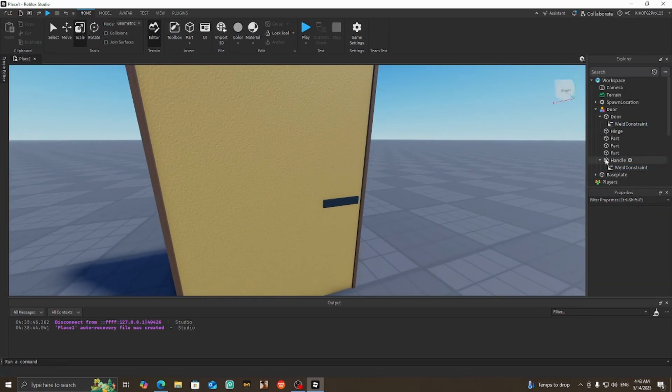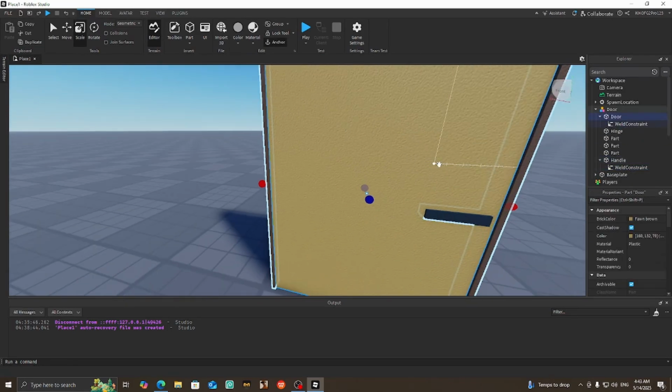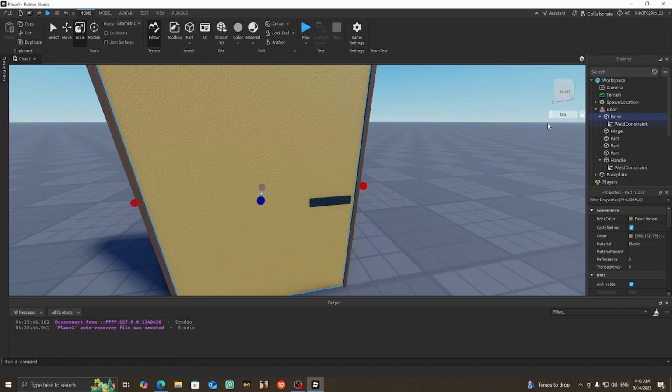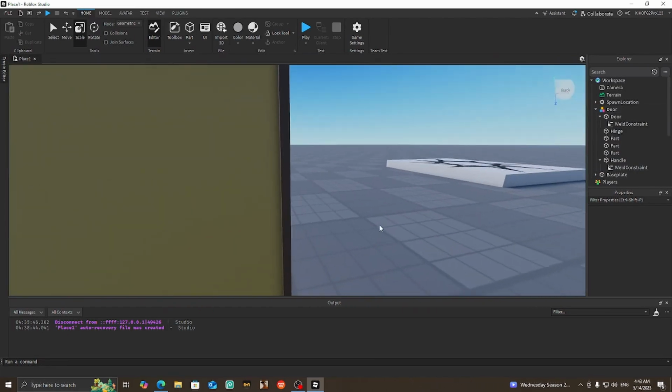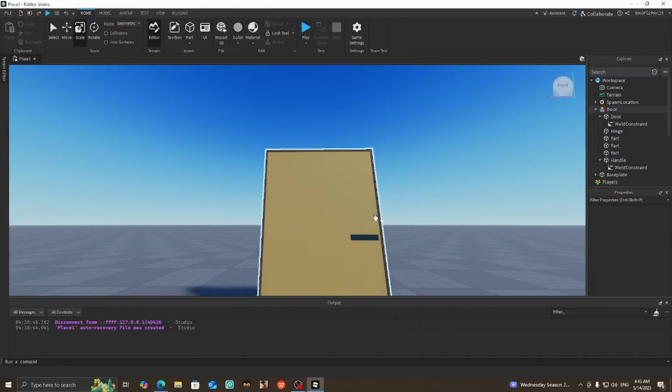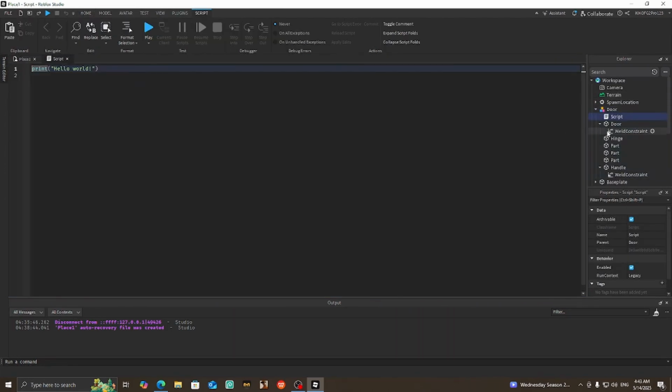Alright, now the handle and the door are constrained. Also unanchor them because it won't work. Only the frames are anchored. Alright, now we have the basic setup done. Now it's just time to script it. Create a script and we mention all of these parts. Then we need TweenService